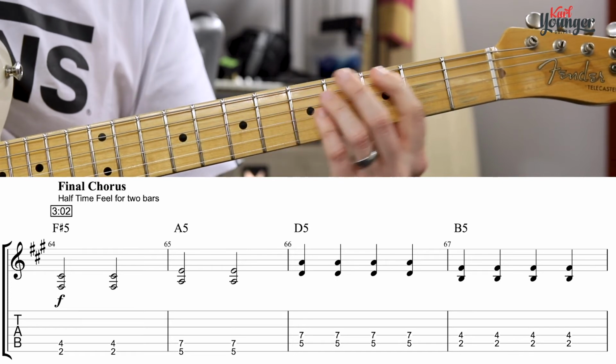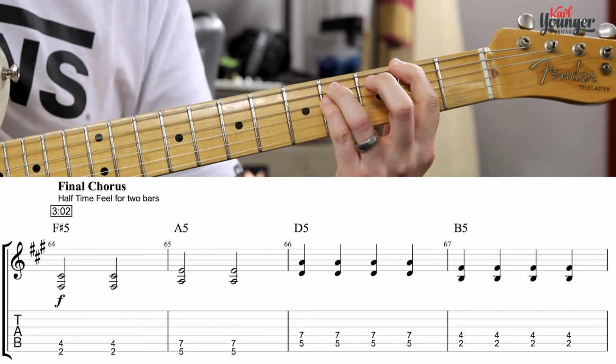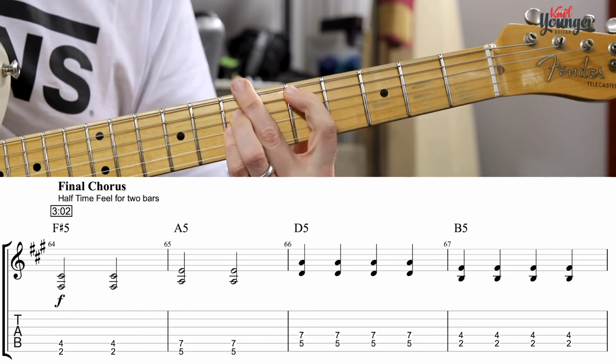So let's just do that. 1, 2, 3, 4. 1, 2, 3, 4. 1, 2, 3, 4. 1, 2, 3,